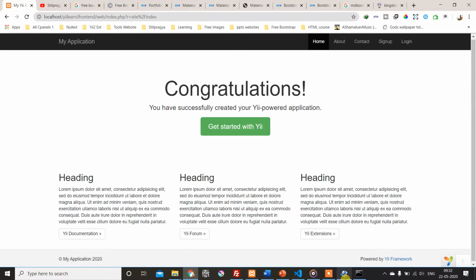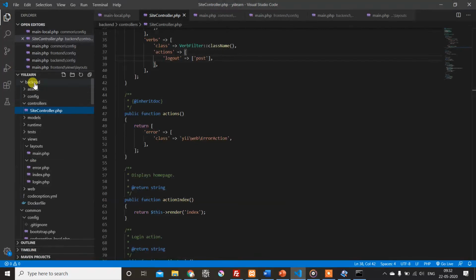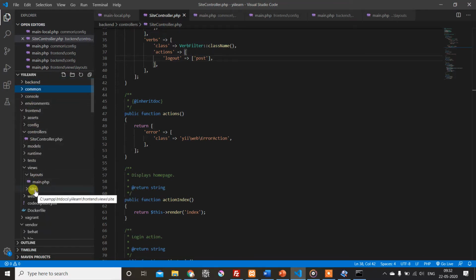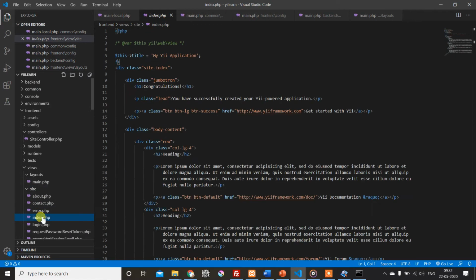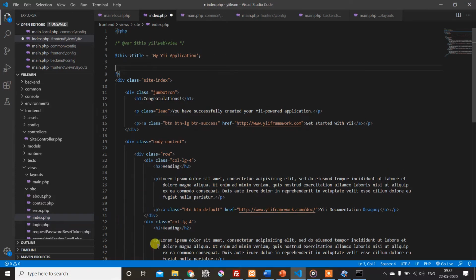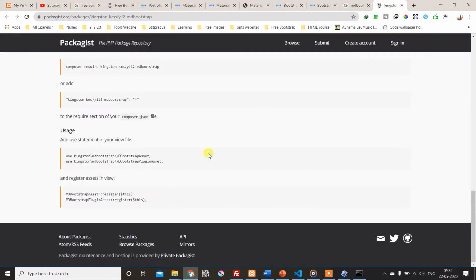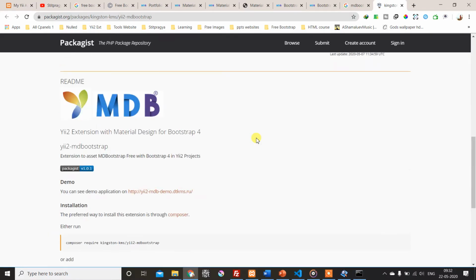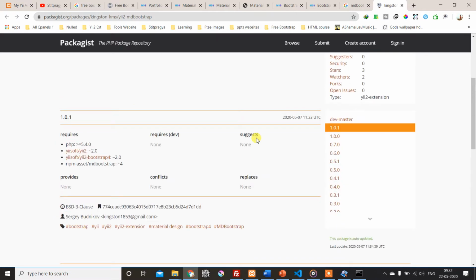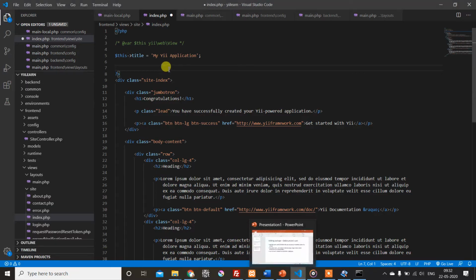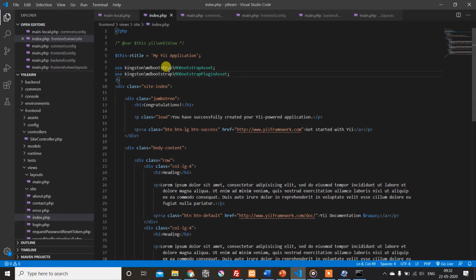So I go to front end, and in front end I go to the site controller and index page. So in the index page, first thing they have told here how to use it. So we use these two statements. Thanks to this guy who made our work easy. So I just save this,